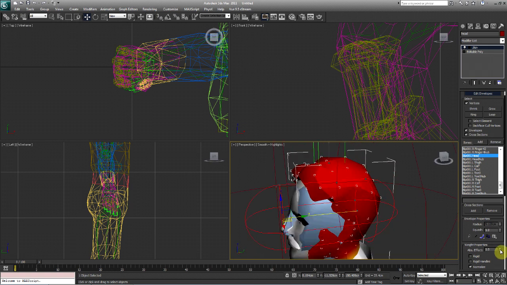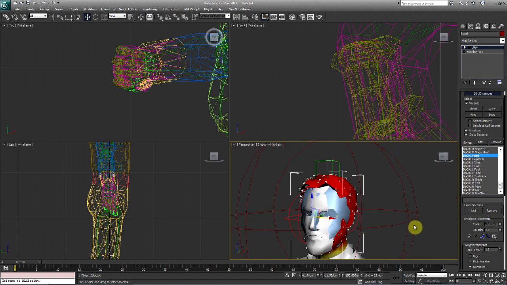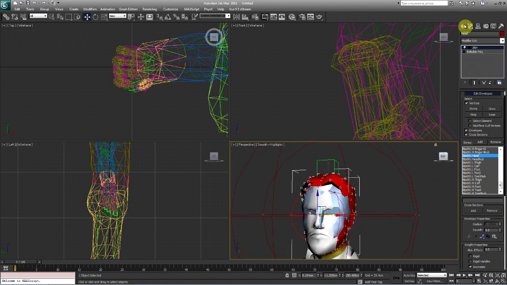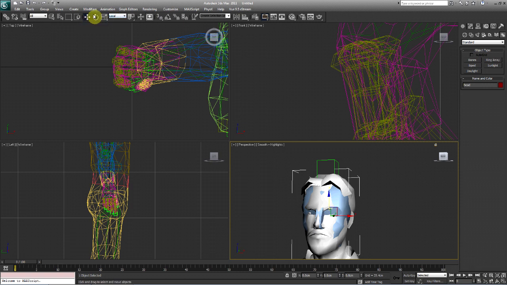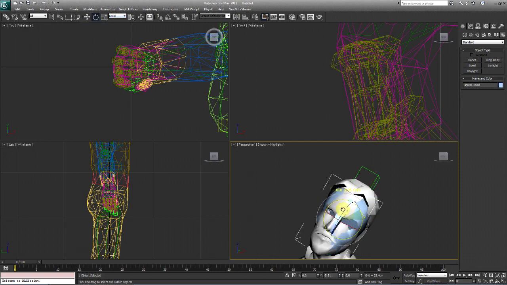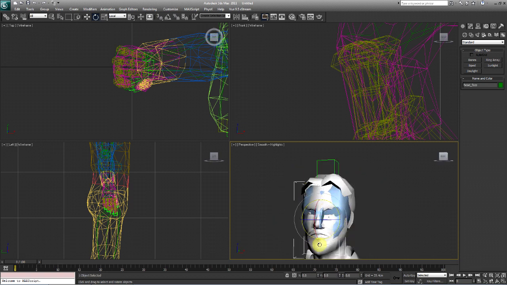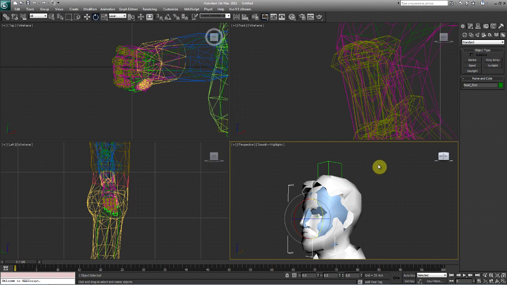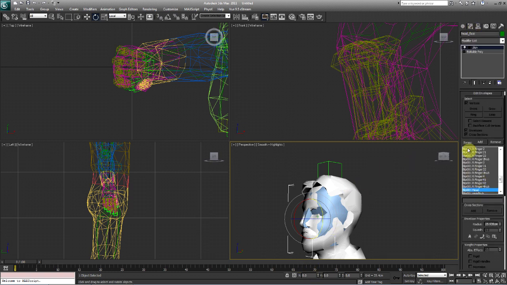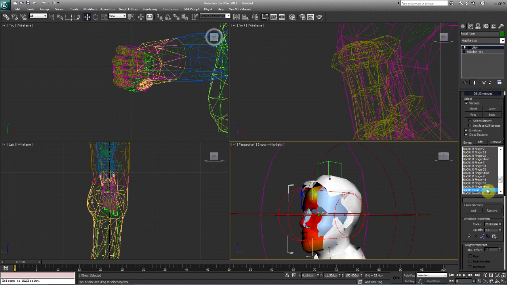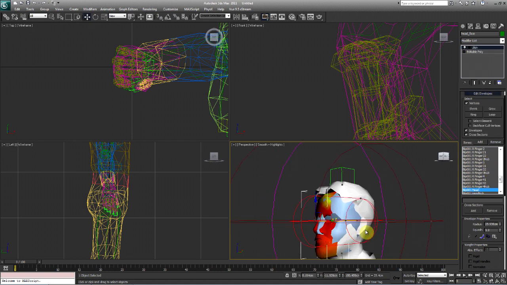I'm going to move this down. See how it changes color? The more red it is, the stronger it is. So now, when I move the head bone, it should be a little bit better. It's not deforming as much on top around the face. Now we need to do the head face part. We're going to do the same thing. We're going to select edit envelopes. We already have the head selected. Now we're going to select all the vertices.